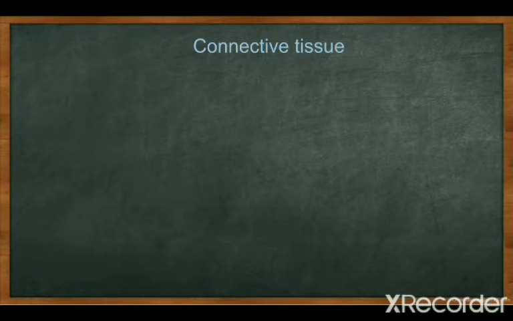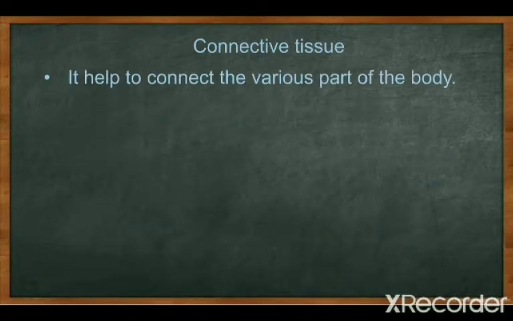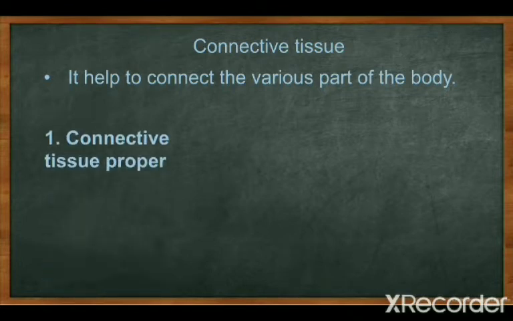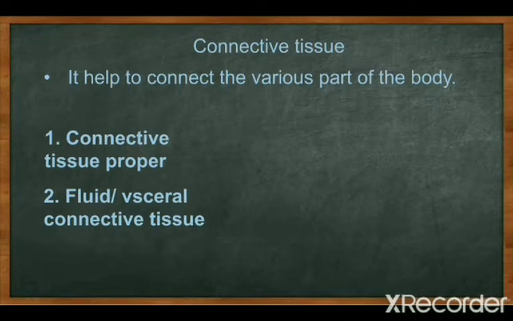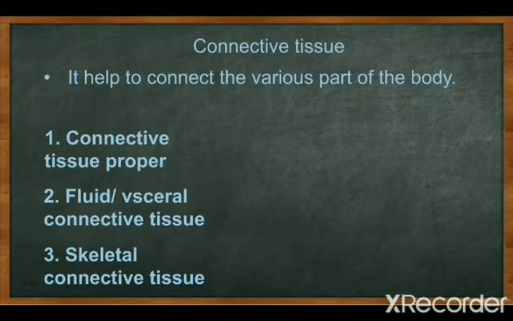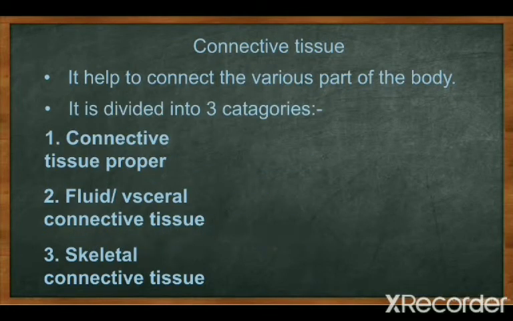The connective tissue is further divided into components that I already discussed. Number 1, it helps to connect various parts; that is connective tissue proper. As its name says, connective tissue proper means it is properly distributed in the whole of our body. Second one is fluid or visceral connective tissue, and the last one is skeletal connective tissue. So now the first one